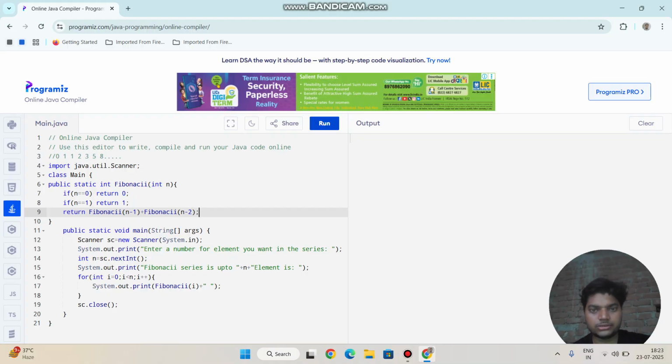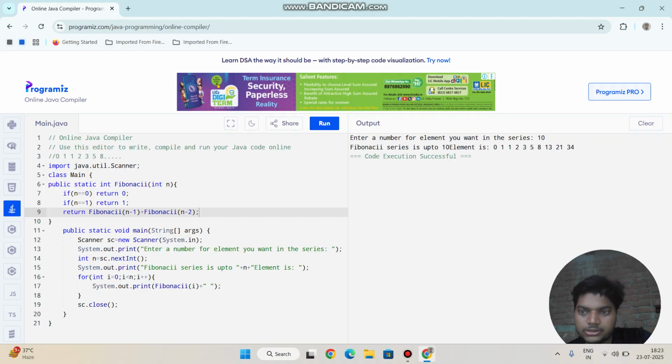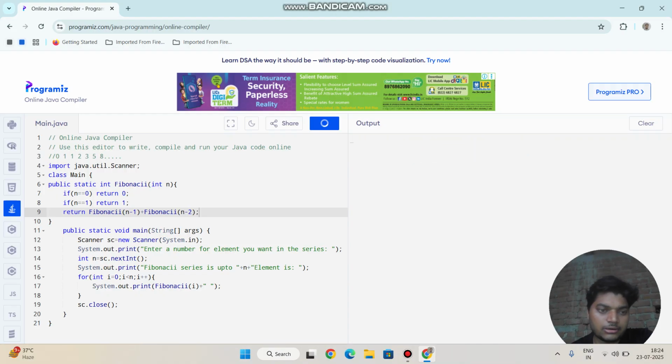I am going to run it. I need to enter a number here for printing how many elements I want in the series. Okay, this is done. Our code is working perfectly, so I am going to enter another number.